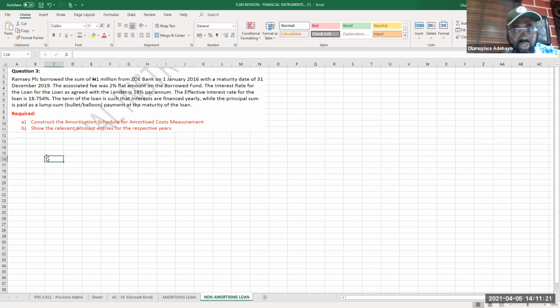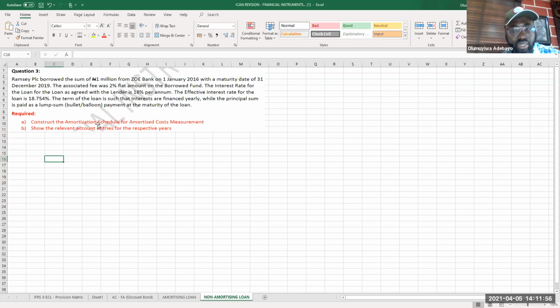In this question, Ramsey PLC borrowed the sum of 1 million naira from Zoe Bank on 1st of January 2016 with a maturity date of 31st December 2019. The accepted fee was 2% flat amount on the borrowed fund. The interest rate for the loan as agreed with the lender is 18% per annum. The effective interest rate for the loan is